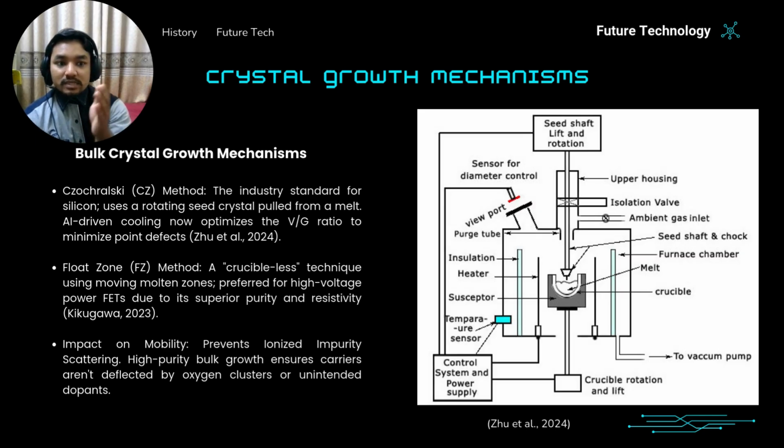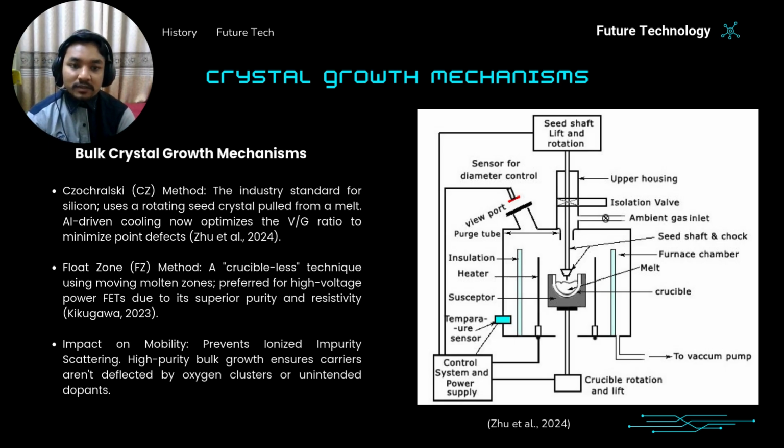Look at the Czochralski method on the right. This is the industry standard for silicon. You can see the seed shaft rotating as it pulls the solid crystal from a molten melt. While efficient, the quartz crucible can leach oxygen into the crystal. To fix this, we now use AI-driven cooling to manage the V-to-G ratio, balancing cooling speed against temperature to minimize